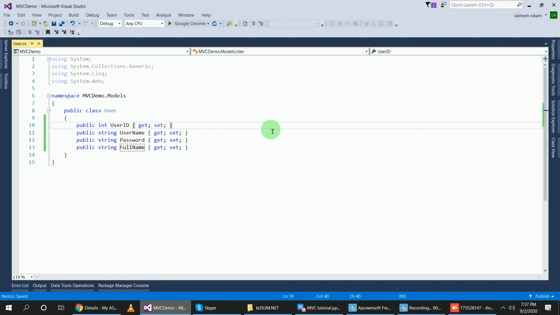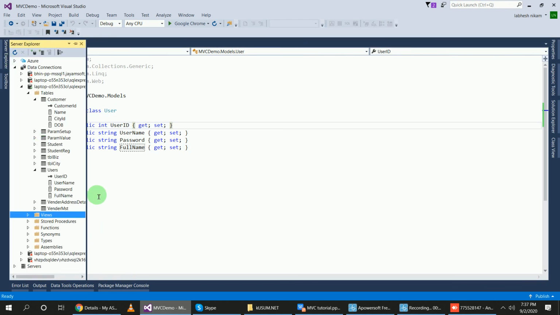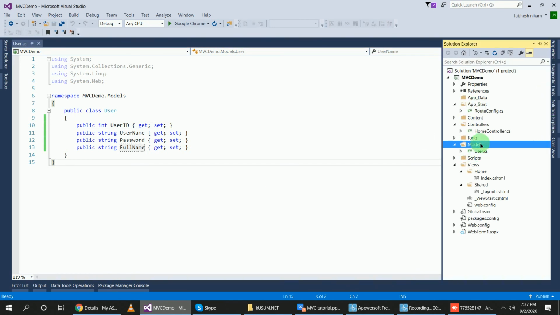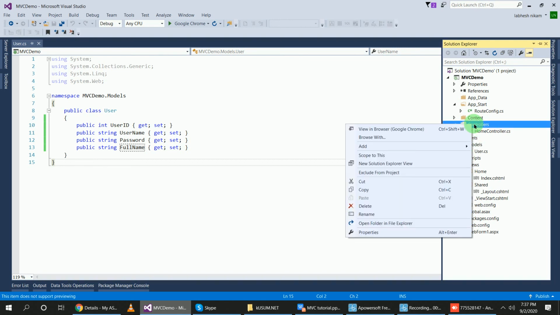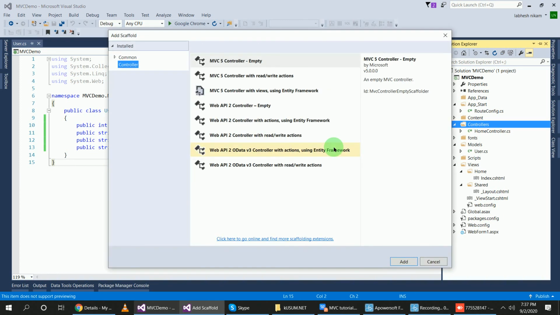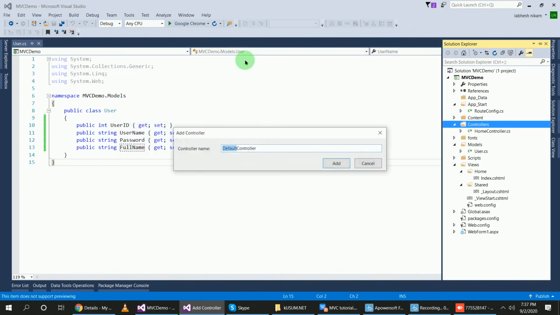After writing this class I will create one controller. Before creating the controller I will check user ID, username, password and full name. This is my controller and I will create one new controller, add controller, MVC5 controller empty.